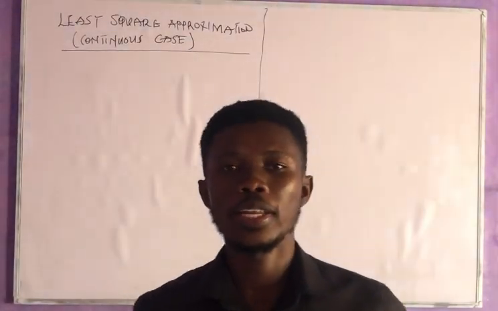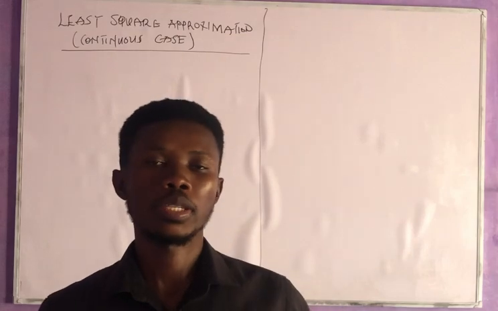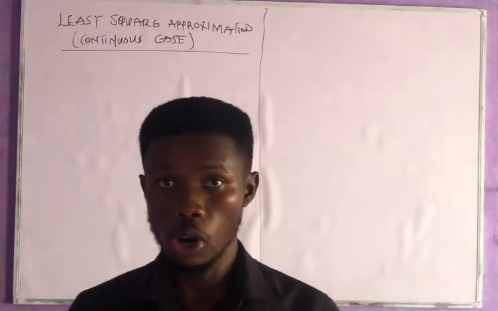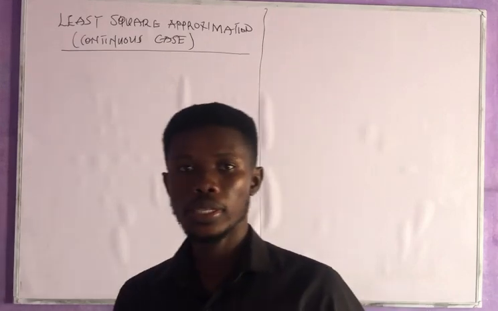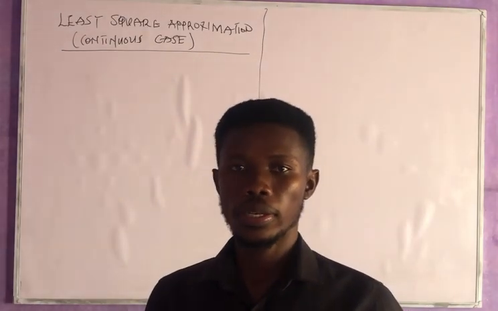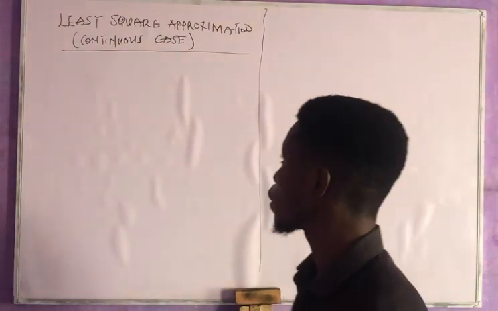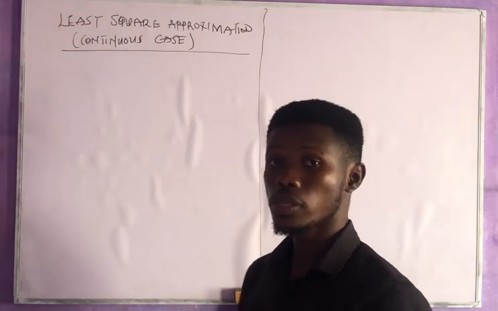Today we are going to look at least squares approximation. We have talked about that already, but the one we did was the discrete case. This time around we're going to look at the continuous case. Is that alright? So now looking at this one, the continuous case,